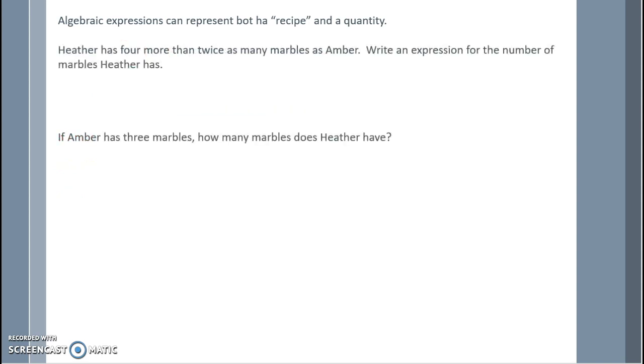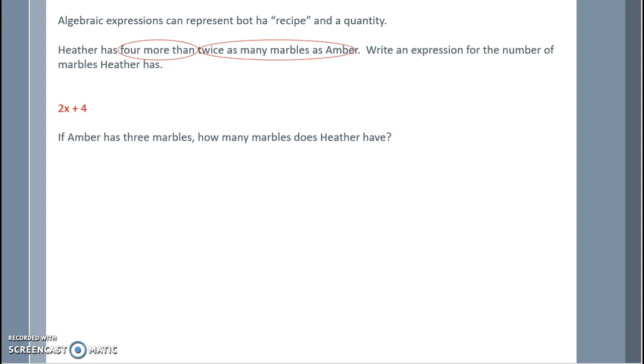Heather has 4 more than twice as many marbles as Amber. Write an expression for the number of marbles Heather has. So Heather has 4 more than twice as many that Amber has. We don't know how many Amber has, but we do know that she has 4 more than. So twice as many marbles is written as 2x, and then 4 more than whatever she has, we add 4